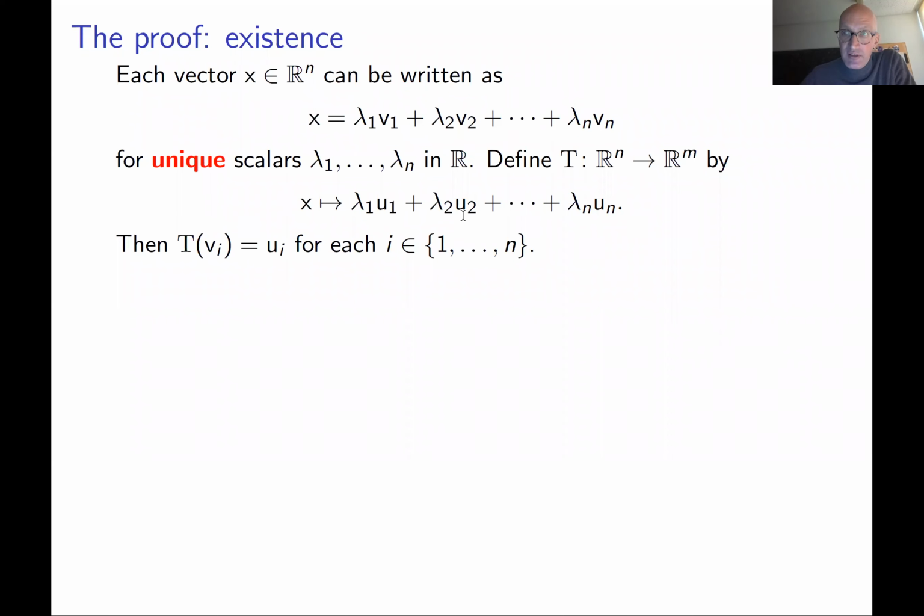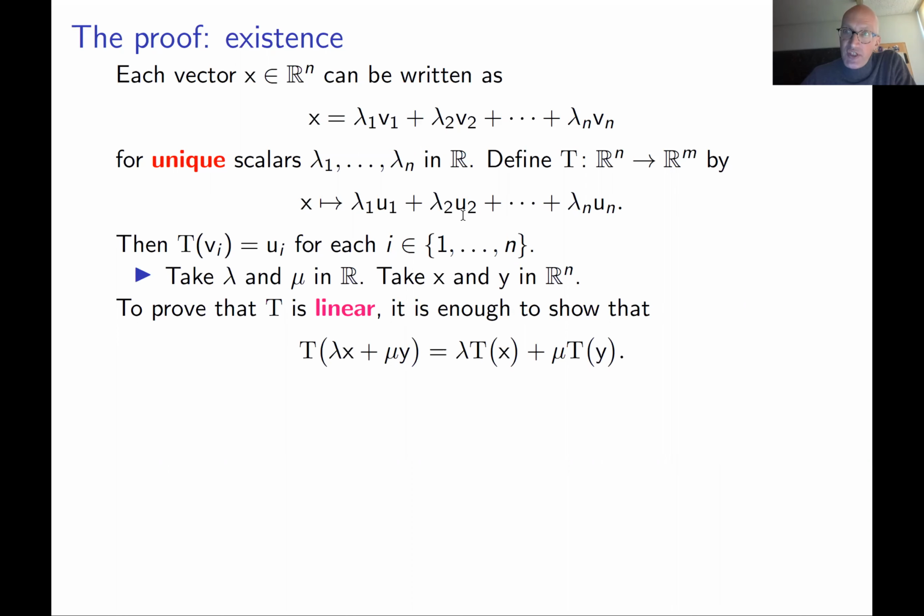How to check that it's linear? Let us use the criterion from the third slide, the criterion which we presented earlier. We take two numbers, lambda and mu, and any vectors x and y, and we have to show that T of lambda x plus mu y is lambda T of x plus mu times T of y. How to do this? Basically using the definition of how we define T, and the basic properties of sums of vectors.